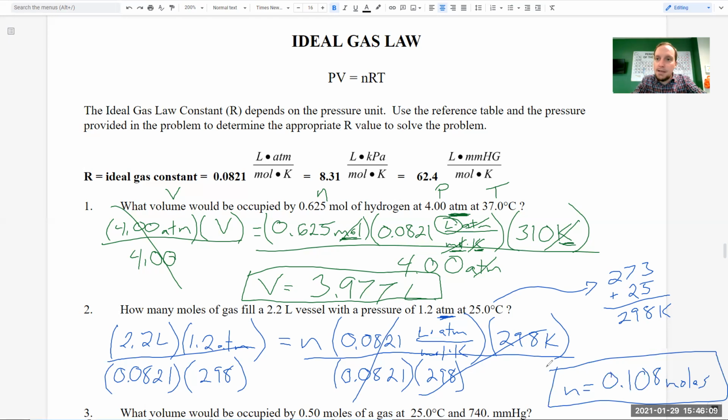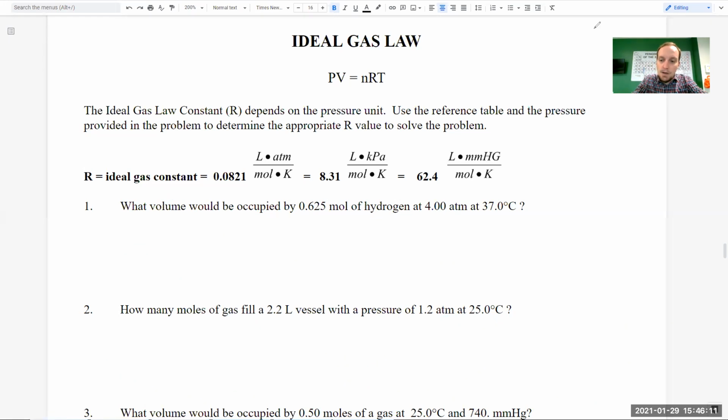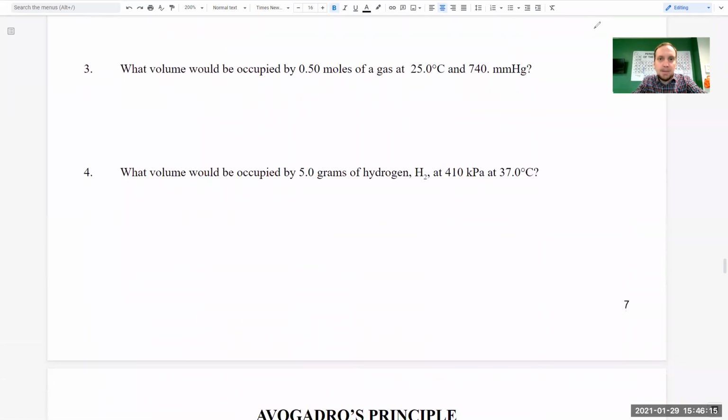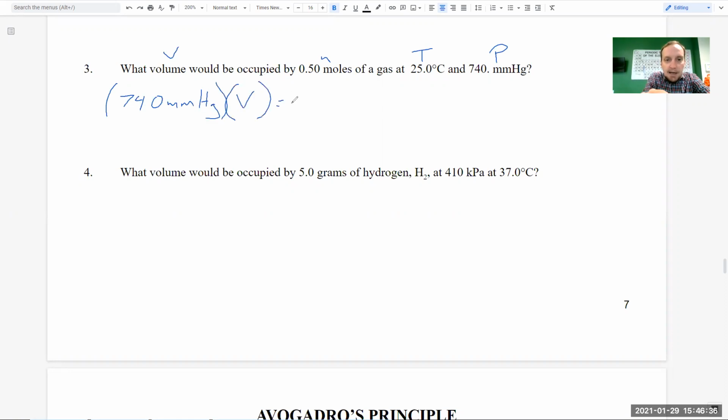But really, again, the setup is quite simple. The algebra part, I guess, could be a little bit confusing for some. All right, number 3. What volume, so that's our, again, our unknown, would be occupied by this many moles of a gas at that temperature and this pressure? So PV equals nRT. P is 740 millimeters of mercury times my volume, again, I don't know that, equals n,